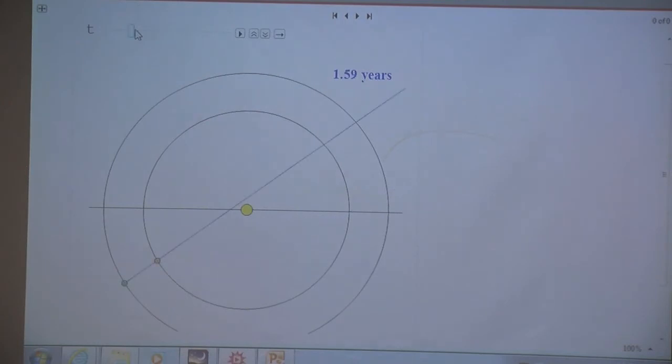Okay, so what I want to show you is that it's right about 1.6 years when they've lined up again at inferior conjunction. So if it's 1.6 years to inferior conjunction, when do you suppose the next one's going to happen? 1.6 plus 1.6 is 3.2. Where's the next one going to happen? 4.8. There's superior conjunction. Here comes the inferior conjunction. There it is, 4.8 years. And then there's going to be one more at 6.4.